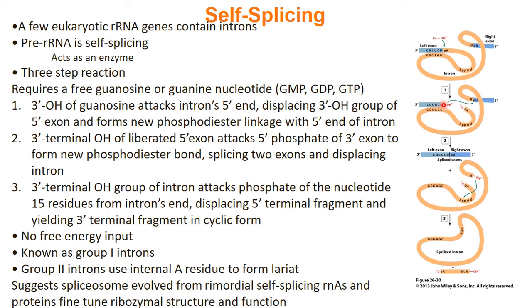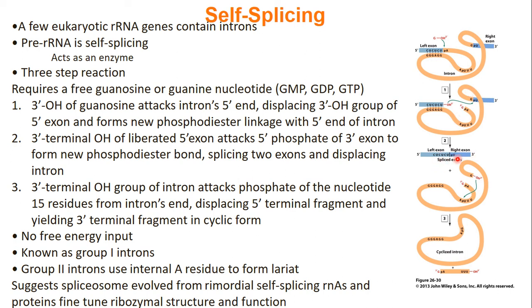And this then will go and attack the other intron. So the 3'-OH will go and attack the 5' of the other exon, and you'll form a new bond where you have your exon and your intron has been totally displaced. So we have made our exon,